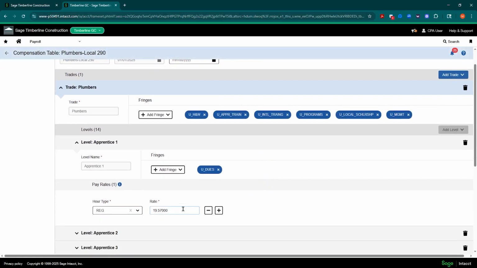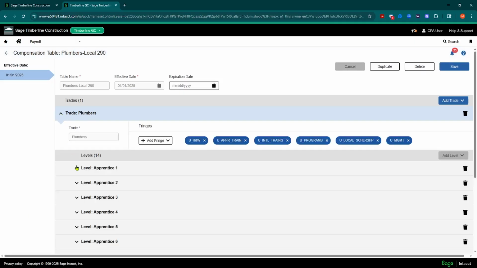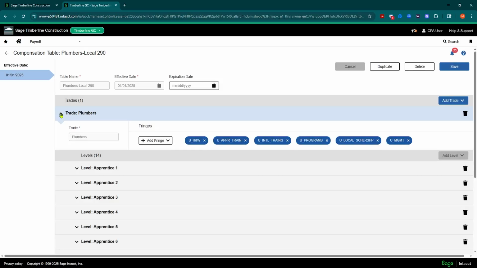Now, when you're setting up your benefit package and your deducts for your union tables, you can do it at 2 levels. So you'll notice here I have the trade and then I have the level. And I have some things set up at the level and some set up at the trade. And what's nice about this is if everybody gets health and welfare and it's 6% of gross pay and it doesn't matter what level you're on, you can set it up once here at the trade